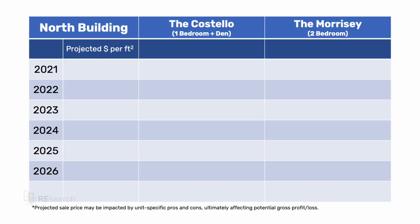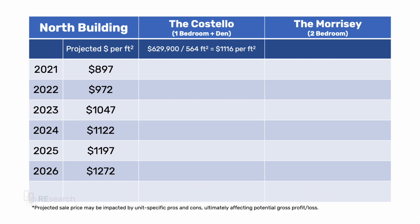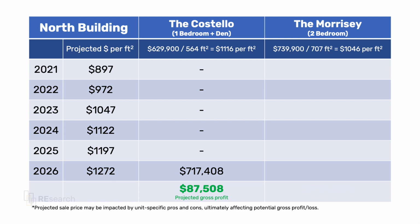So, what do the numbers tell us? Let's take a look. The estimated occupancy is currently December of 2025. So, let's project out to 2026 and take a look at what the units could be valued at. In the North Building, the Costello unit works out to be $1,116 per square foot. In 2026, the price per square foot is projected to be $1,272, meaning that the unit would be valued at $717,408, leaving you with a potential gross profit of $87,508. The Morrissey works out to be $1,046 per square foot, and in 2026 would be valued at